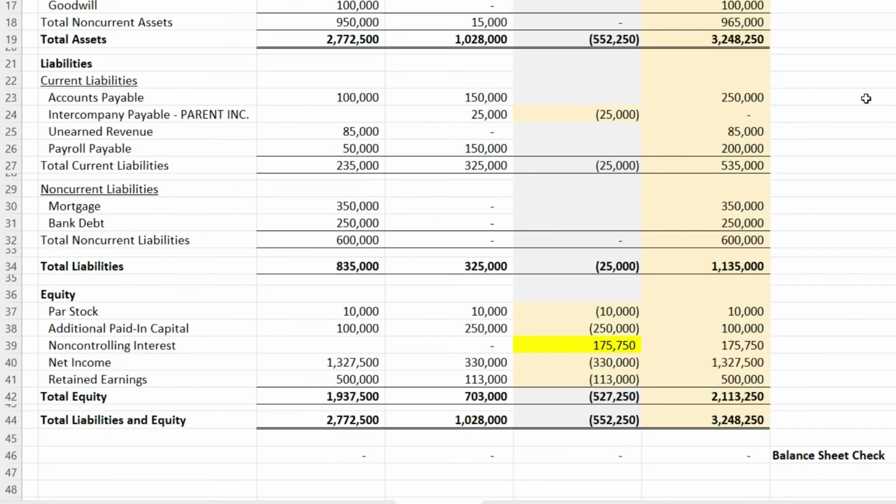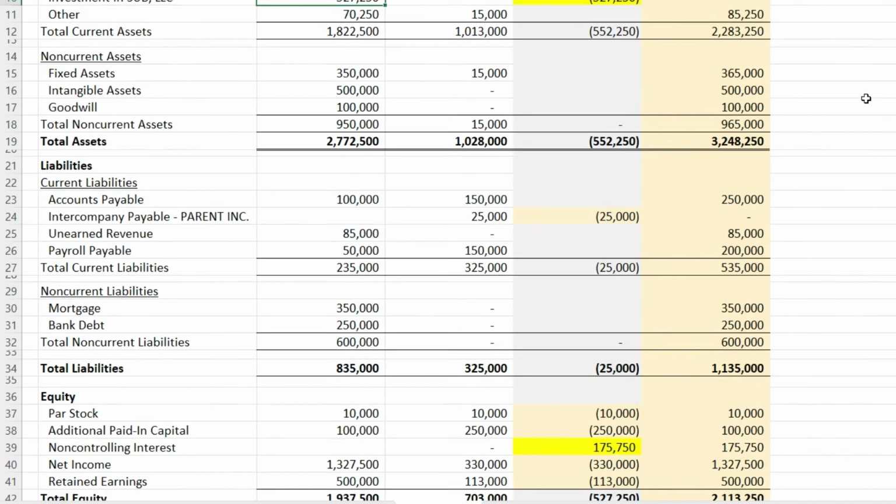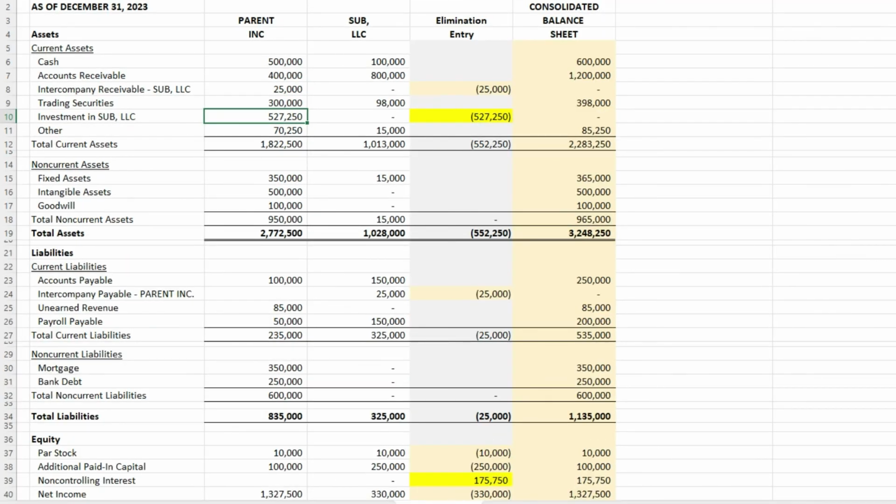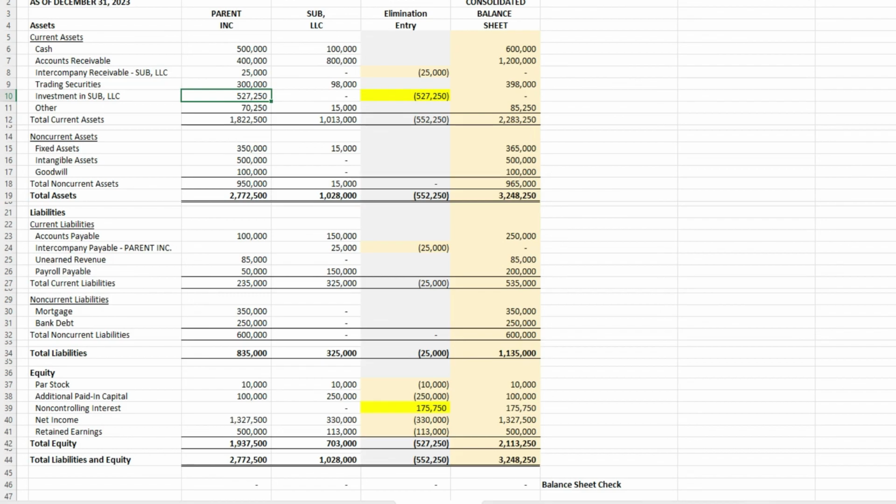I hope this is helpful. I hope this made sense. I hope I didn't confuse you more. It took me a while to really understand this concept. It's confusing. It can get very technical from here on out, but hopefully this gives you a little bit better understanding of what's happening when you consolidate financial statements and when you have a subsidiary that you do not own